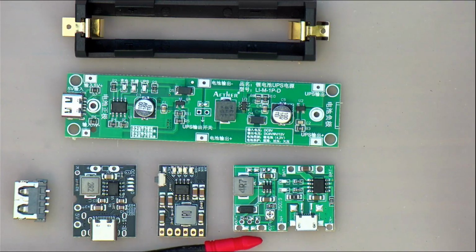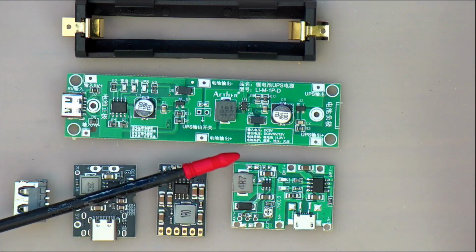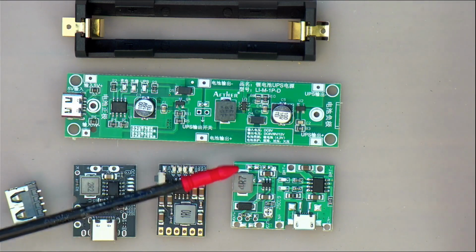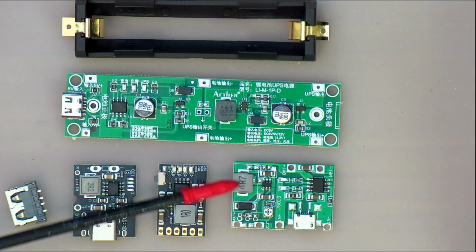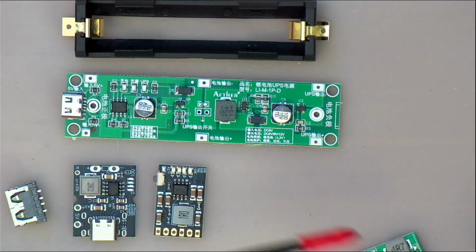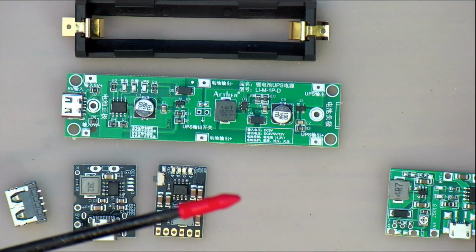ripple voltage. But if you hook a good electrolytic capacitor or a solid aluminium capacitor or a tantalum capacitor on the output of it, I've gotten the ripple down to like 20 millivolts or something like that, which is quite acceptable. So these ones, as far as I'm concerned, they can be made to work, and you will see they are